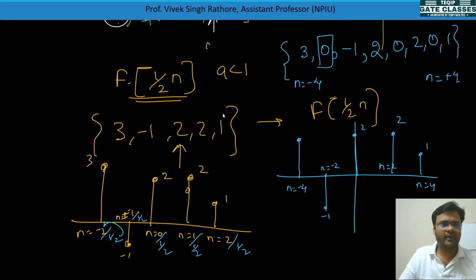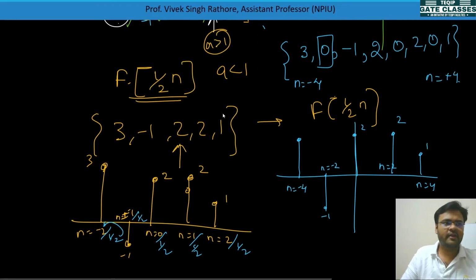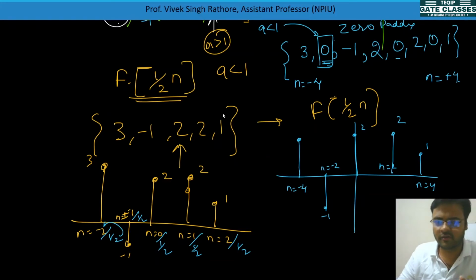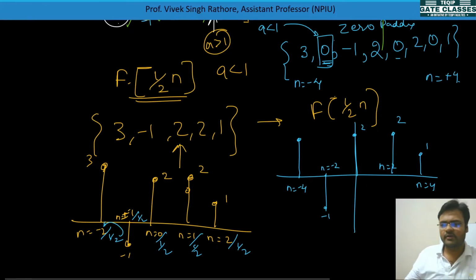Earlier, when a was greater than 1, there was loss of samples, and when a is less than 1, there are more samples which are 0 values. So this technique is called zero padding. There may be some unknown values also, and these unknown values can be calculated by interpolation techniques such as Newton-Raphson or Runge-Kutta method. So these are all the scaling properties which we have seen in the discrete time signal,